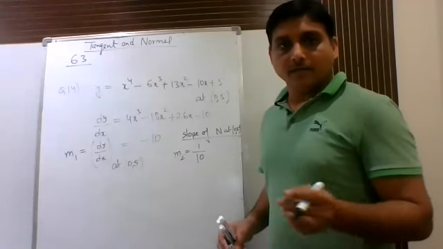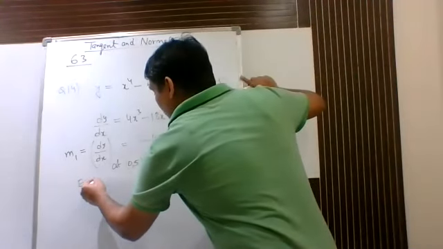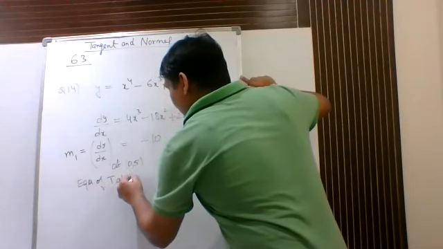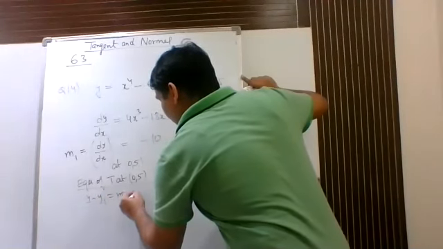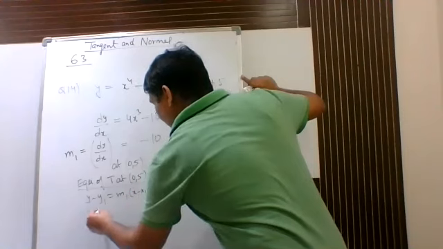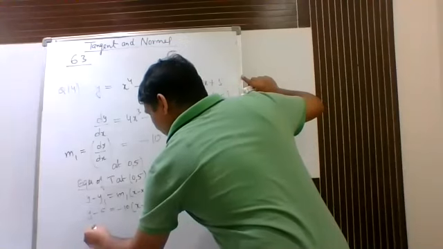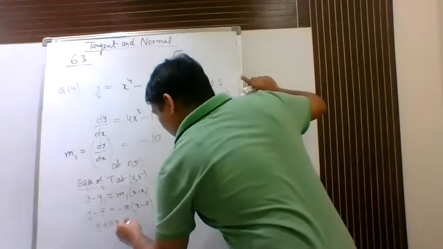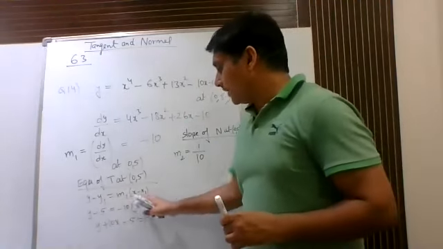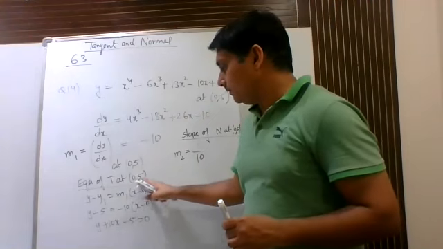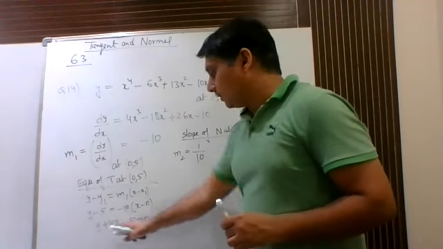Now let us find the equation of the tangent and normal at this point. So you will write the equation of tangent at (0, 5). We know the formula was y minus y1 is equal to m1 into x minus x1. Simply substitute the values. After calculations, you can write it in this manner also, so this will be your final answer. In place of x1, y1, I substituted this value: x1 is 0, y1 is 5. Substitute the value over here. After substitution, just do normal calculation.